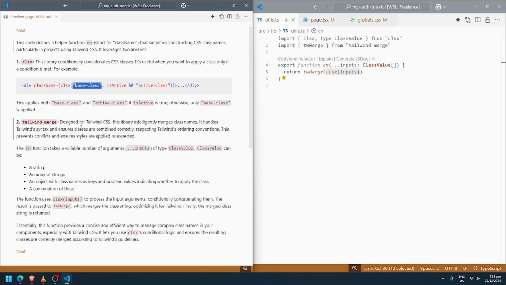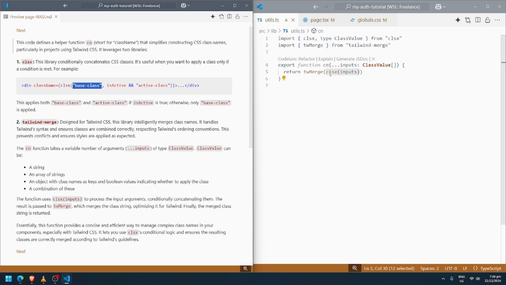Tailwind merge, designed for Tailwind CSS. This library intelligently merges class names. It handles Tailwind syntax and ensures classes are combined correctly, respecting Tailwind's ordering convention. This prevents conflicts and ensures styles are applied as expected.